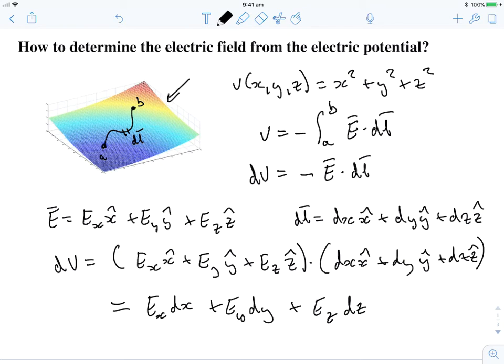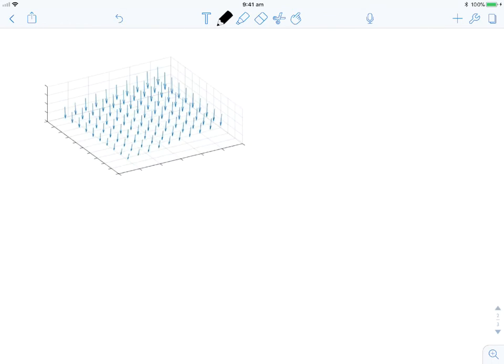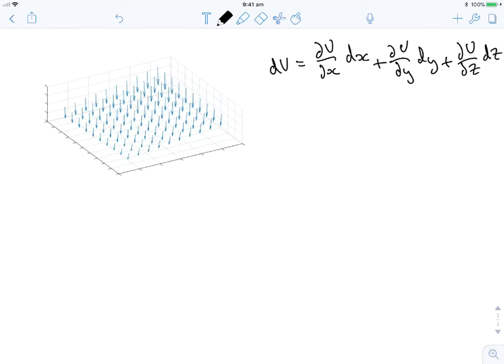So now we can define the directional derivative for each of the directions, x, y, and z. So essentially we're looking to see how much something changes in those directions. And what we're going to have is dV will be equal to dV with respect to x. How much does that change in the x direction? dx plus dV dy. So these are partial derivatives. dy plus dV dz, dz. So essentially, this gives us the rate of change of our scalar function in the x, the y, and